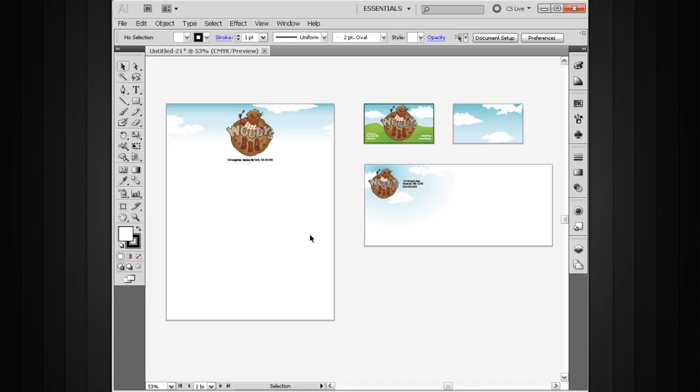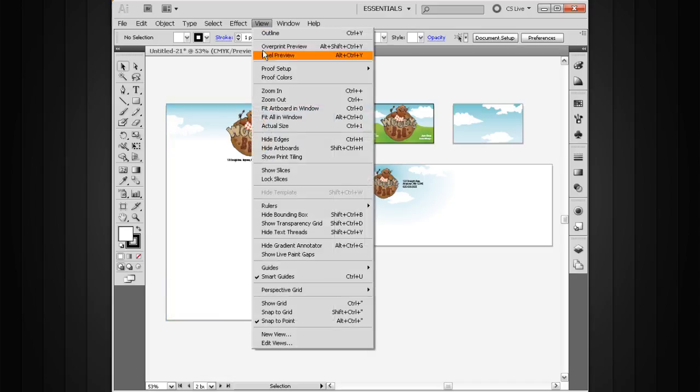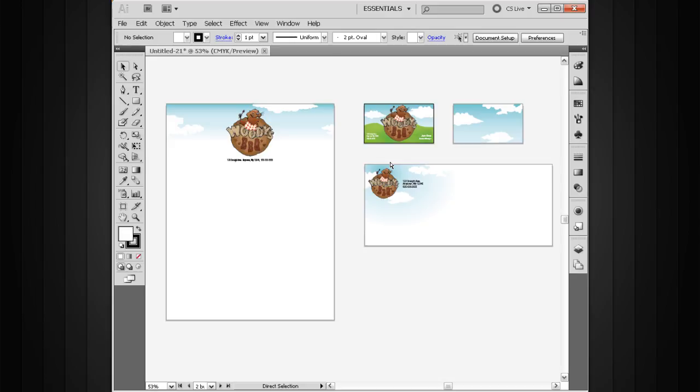So one of the tools that Illustrator comes equipped with to help you with precisely positioning your artwork is going to be the rulers. Now, if we want to go ahead and turn on the rulers for this document, we can do that by coming up here to our View drop-down menu and choosing Rulers, and then Show Rulers. Now this is another keyboard shortcut that I would recommend you learn. It's Control R just to simply turn those on. So I'm just going to go ahead and use that keyboard shortcut, and let's turn on the rulers for this